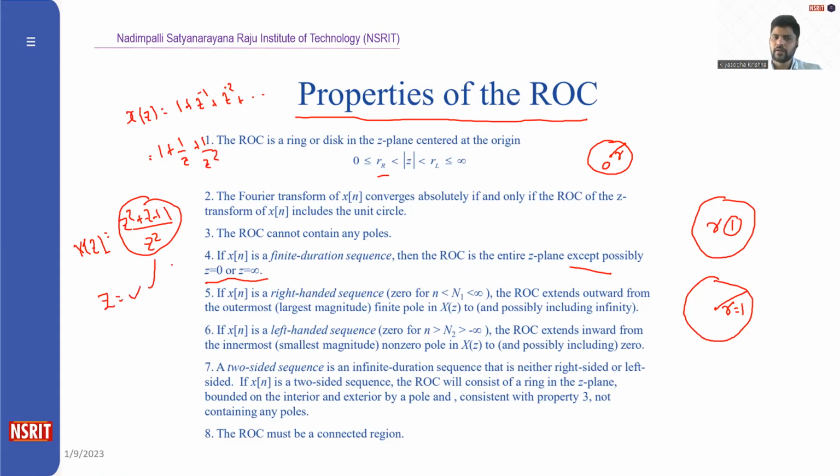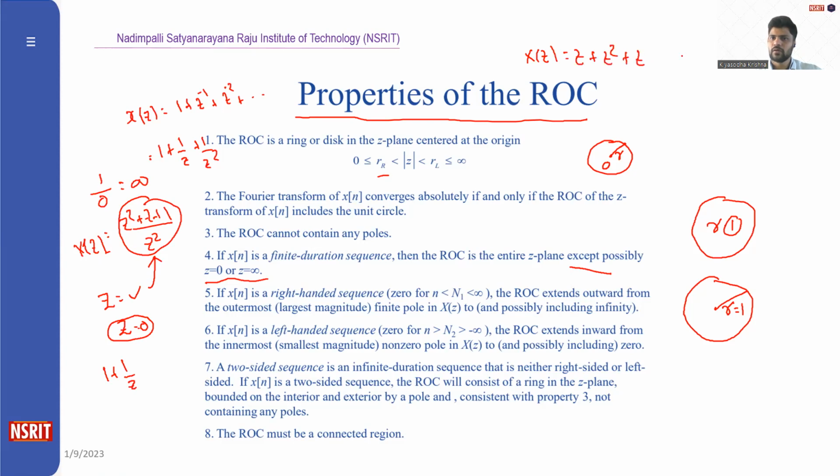This is the expected, except where z is equal to 0, where it will not be defined. Why? Because 1 by 0 is undefined. So this type of signal will not be defined at z equal to 0. In a similar way, if I take x of z is equal to